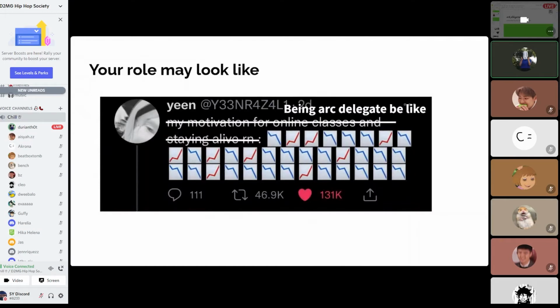And so because of this, your role might look really up and down all the time, because sometimes you'll be busy and sometimes you'll have free time. So during O week and reaffiliation, you might have to fill out lots of forms and read lots of emails, but then there'll be other times where you're pretty free.